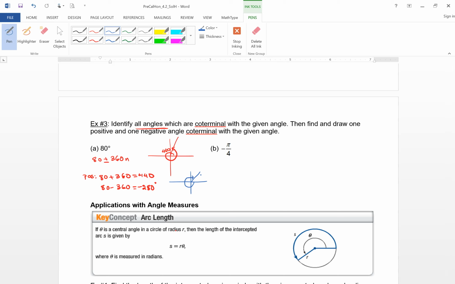Okay, so negative pi over 4, it's going to be negative pi over 4 plus or minus 2 pi n. So for the positive one, it's negative pi over 4 plus 2 pi, which is what? 7 pi over 4. And for the negative,